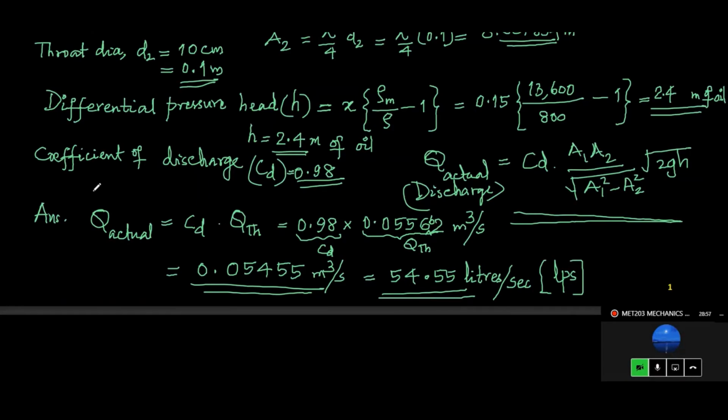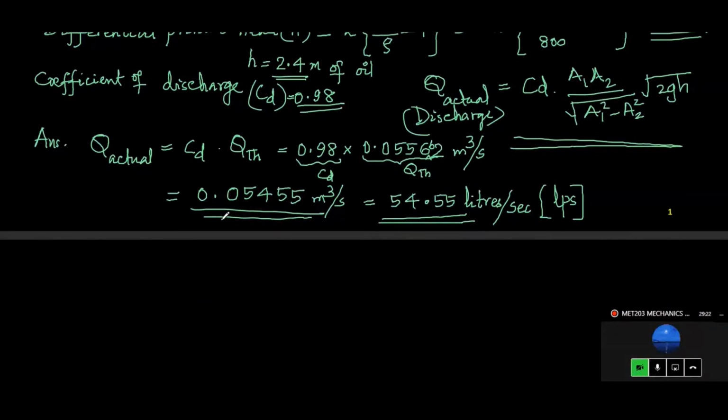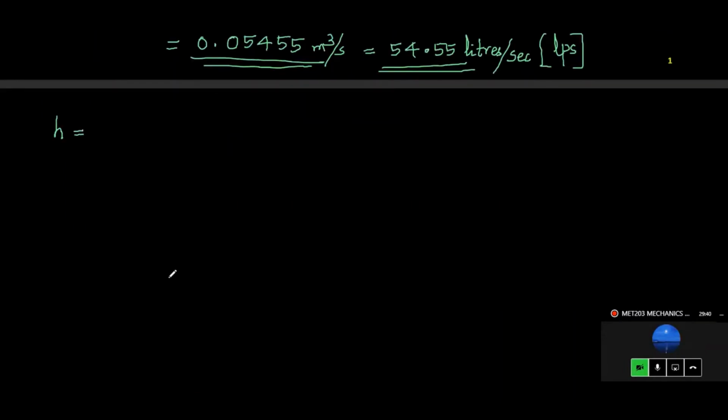If you want to write the pressure difference, please keep in mind, this is the equation for H, an alternate expression for H in terms of pressure. If you want to calculate the pressure difference from the given differential pressure head between the inlet and the throat, then you can use this one. A general expression I am telling you in order to take into account the inclined aspect as well.